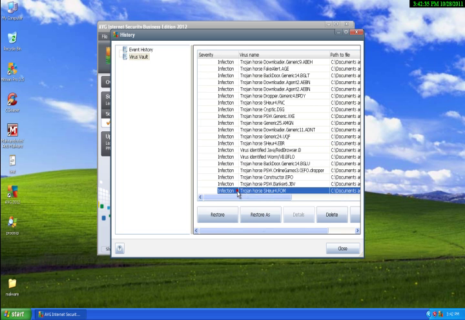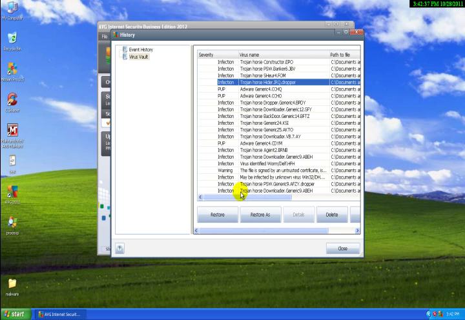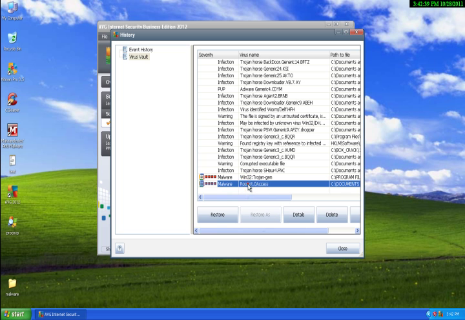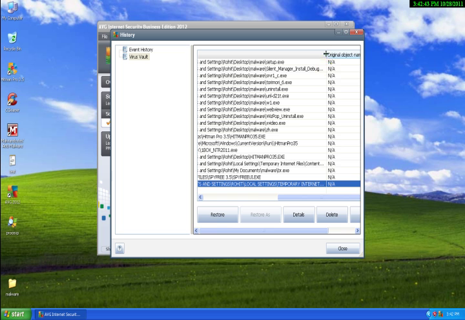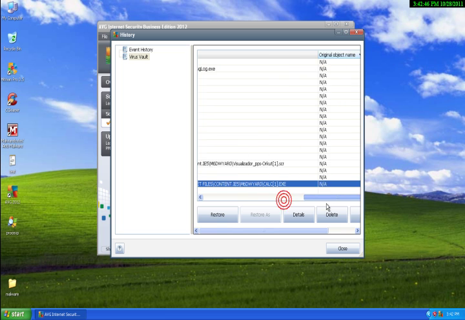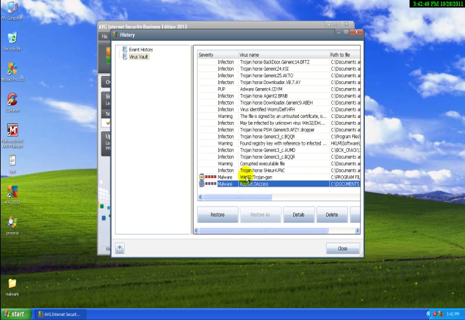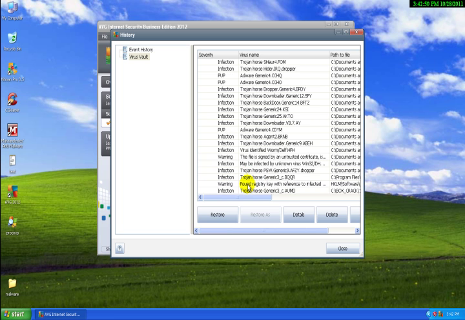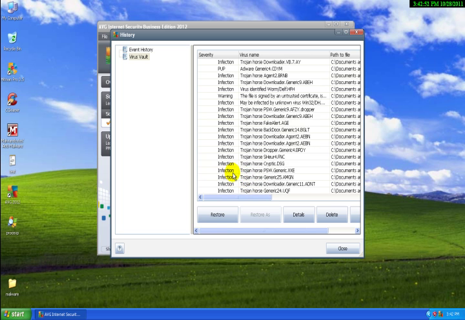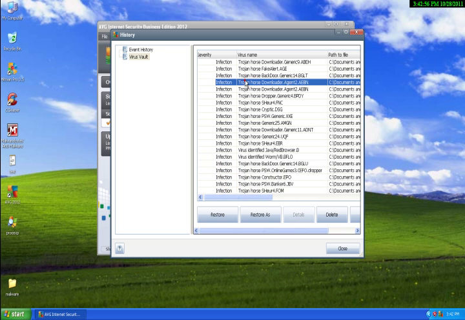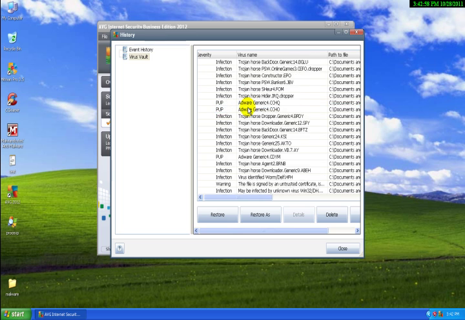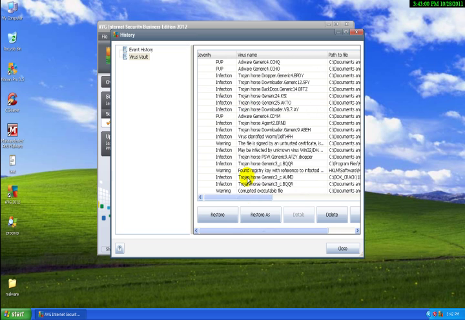Okay. So here all the quarantines will have to be restored. Okay, this was a zero access rootkit. Let's see, I'm quite interested. Okay, so this calc is zero access rootkit. This is a Trojan. So I mean, it's caught quite a lot of things, and we'll have to find that Hitman Pro and restore it, because